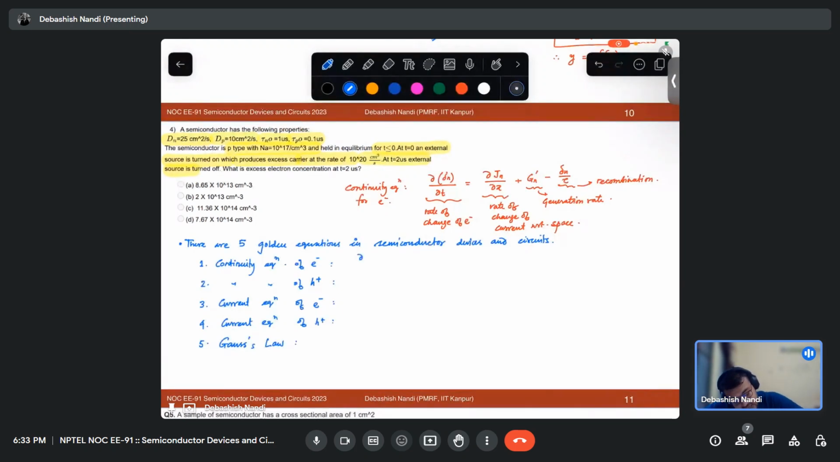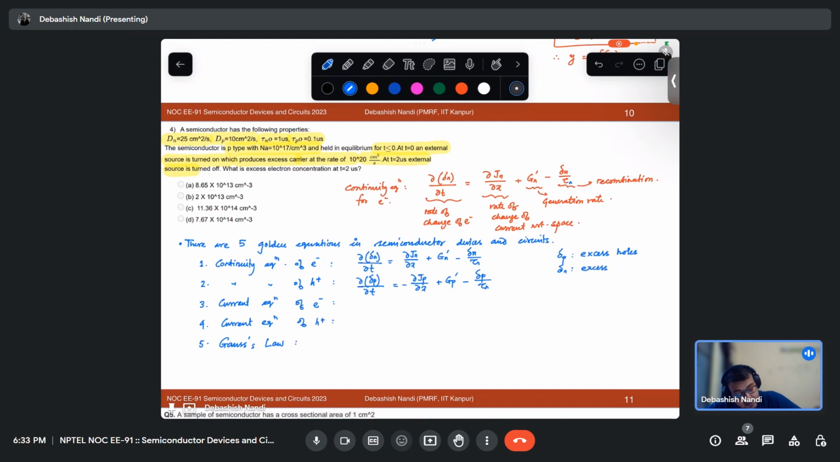So the continuity equation of electrons goes something like this: dn/dt = (1/q) djn/dx + gn' - dn/tau_n, and dp/dt = -(1/q) djp/dx + gp' - dp/tau_p. Here dp is p with a subscript. Okay, this is excess holes, dn is